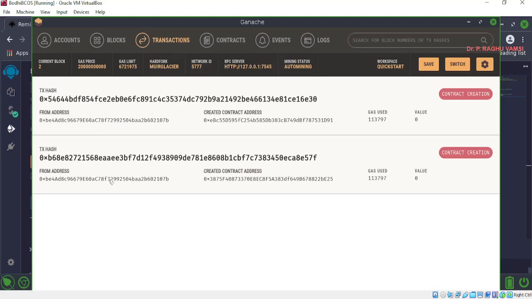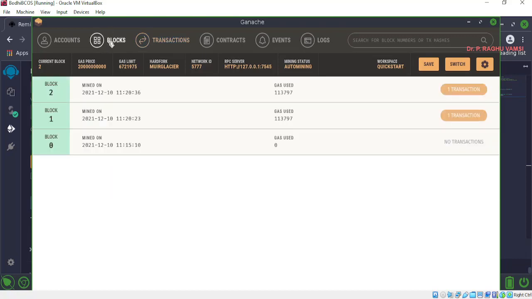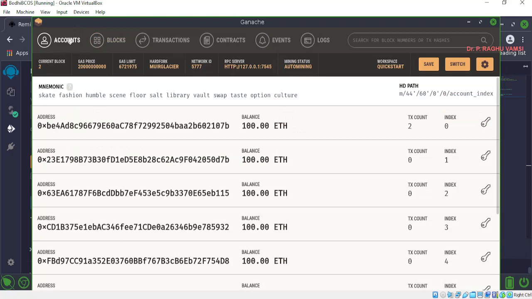So it is easy for us to go through the tracking of what transactions are generated here, and whatever transactions are generated were formed as a block. So first initially the Genesis block, then 1, 2. As the number of transactions generated, each transaction is added into a block. So it is a very simple one that is showing on the screen.